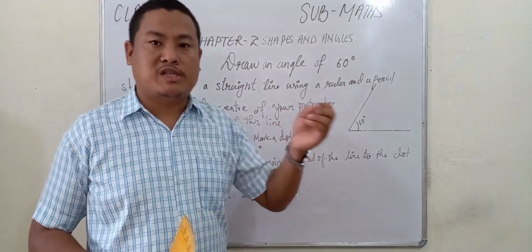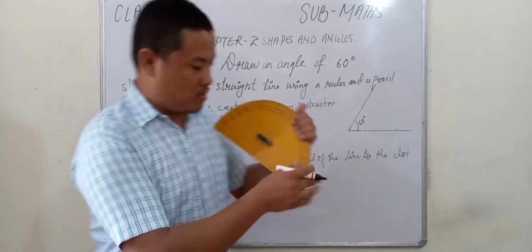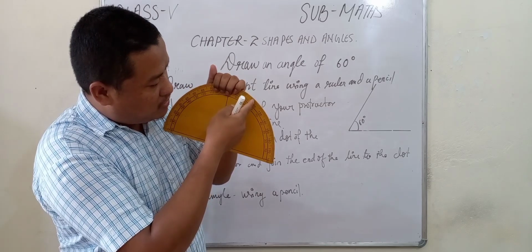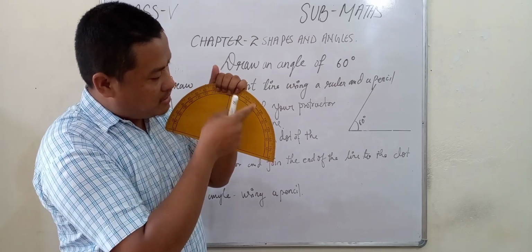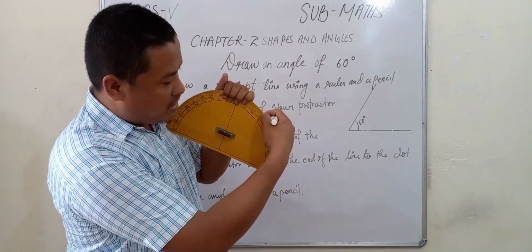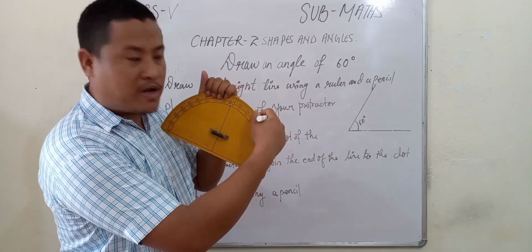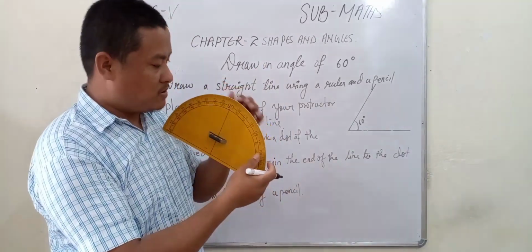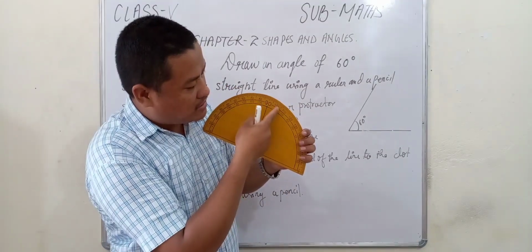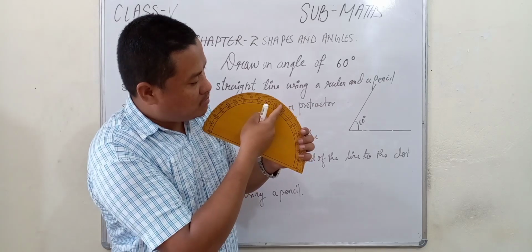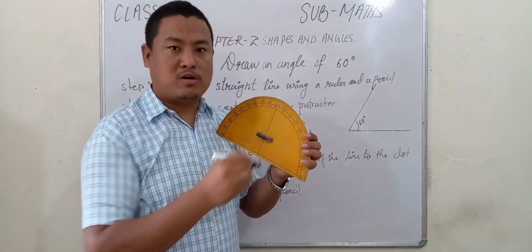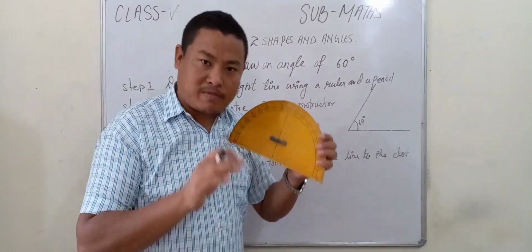But what about 62 degrees? Look, just see 60 and outside you see some lines are there. That's this one, 1, 2, 3, 4, 5, 6, 7, 8, 9, and this one 10. Look, 60 and the first line will be 61 and the second line will be 62. In this way you can draw any angles. Suppose 77, 70 is here. After 70, you just count the lines: 70, 71, 72, 73, 74, 75, 76, 77. In that particular line, you have to mark your dot if the required angle is 77 degrees.